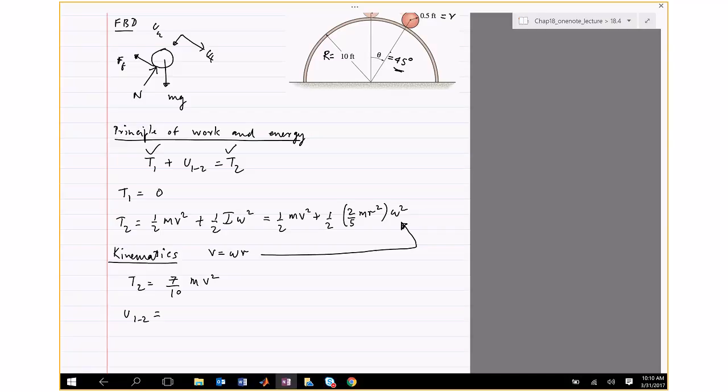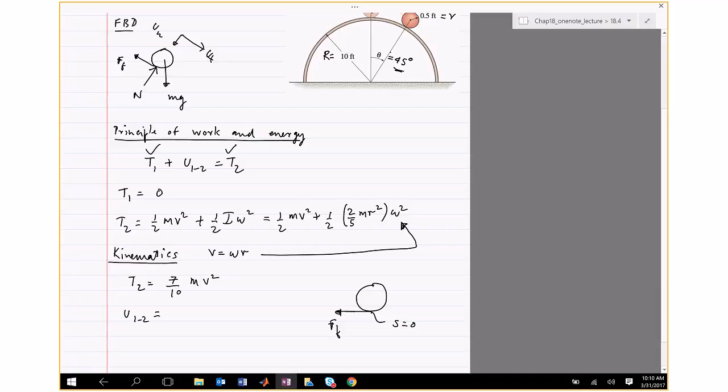It's 0 because the work done is force times distance moved. Force is acting at the contact point, and the contact point is at rest. This point is moving with a displacement of 0. Always true? If it's rolling, yes. If it's sliding, no. When it slides, this will have a non-zero displacement, and then the work is done by